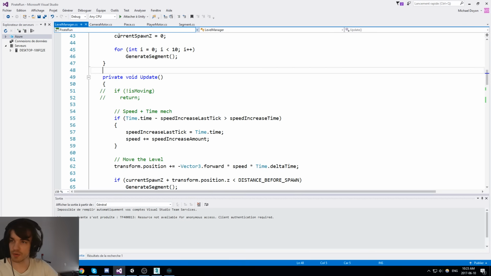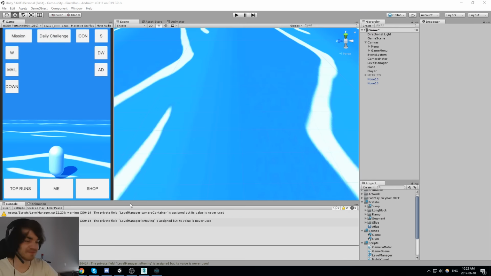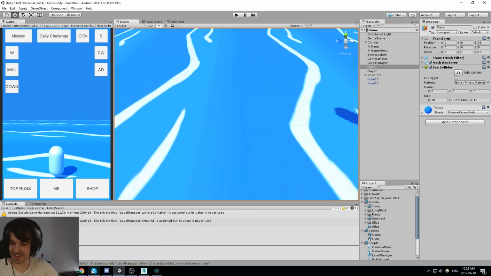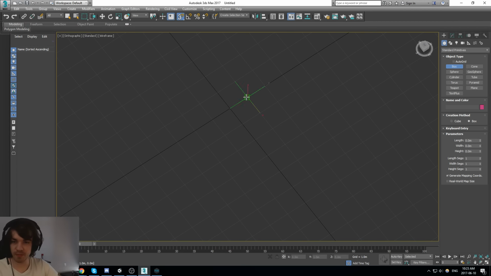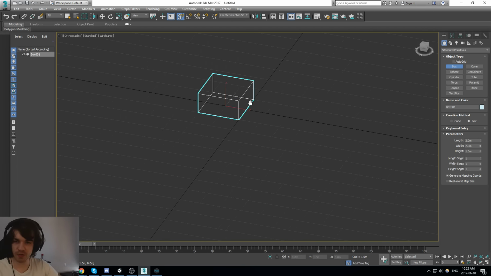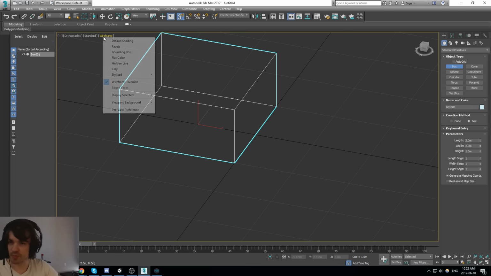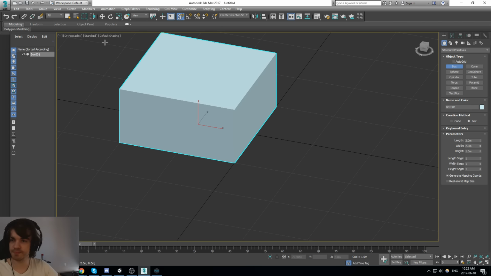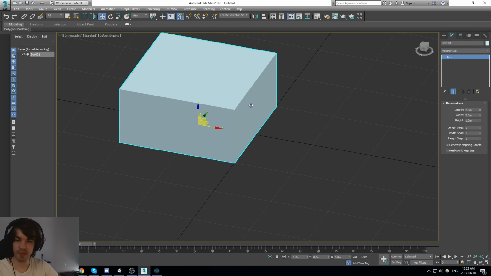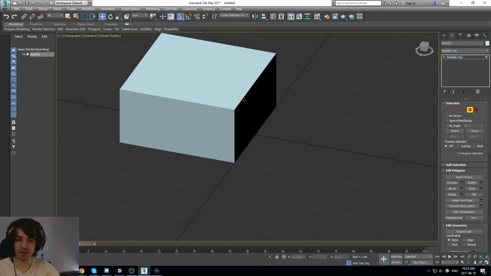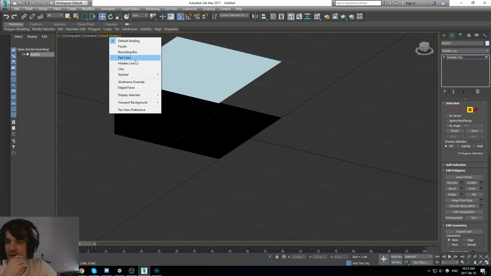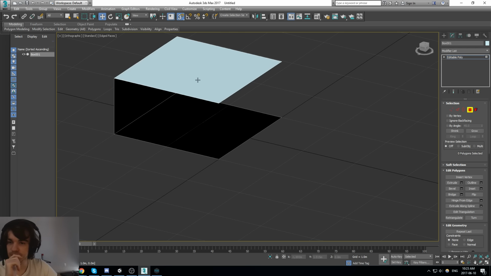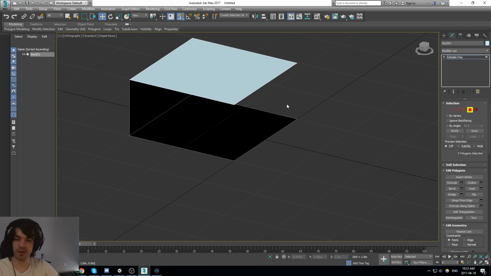Oops. What code is this? Oh, that's my code. Alright, so we need something quite simple, 2 by 2. Going to start with a box like that, and for some reason I'm in wireframe. Weird stuff. Now we want to be making a ramp, so I just remove these, and I have some weird shading going on. Let me just turn that off.